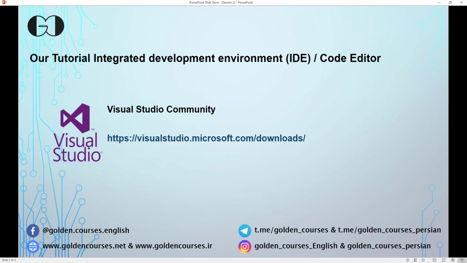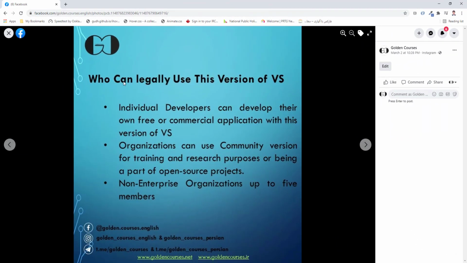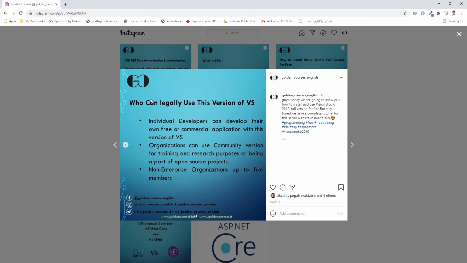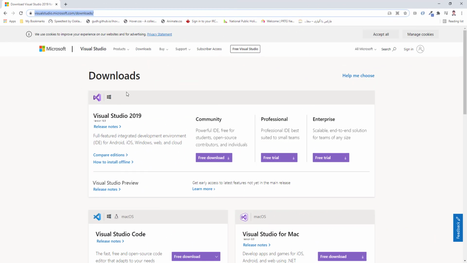Okay, as we develop this project in Windows, we select Visual Studio Community. Visual Studio Community is a version of Visual Studio that is free for individuals. We posted on our Facebook and Instagram who can legally use this version of Visual Studio for free. Okay, let's flip to the provided link, and in this link you can see several versions of